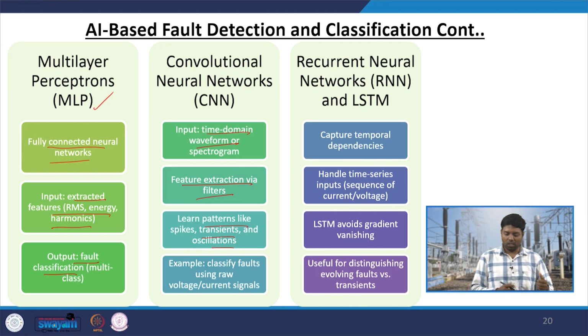give you the classification. Then you can use recurrent neural network or LSTM, which can capture the temporal dependencies. You can handle time series inputs very easily, and with the help of that it can distinguish the fault